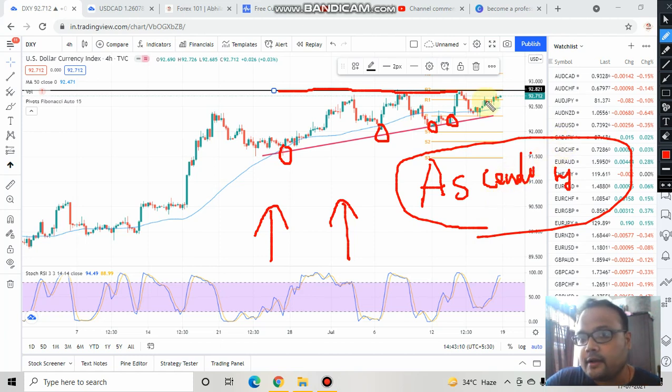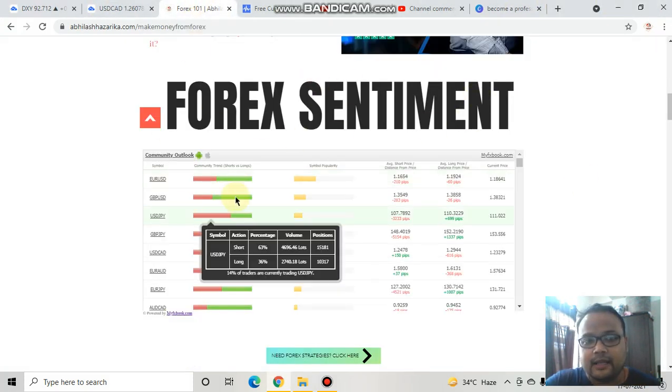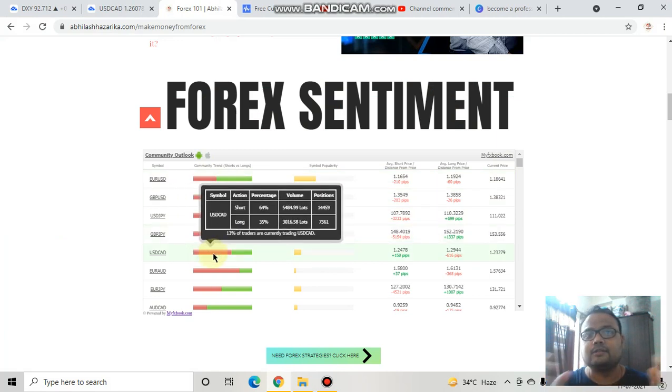And I would like to mention that the ascending triangle pattern is a bullish triangle pattern, and whenever we get an ascending triangle pattern, the market usually gives a breakout. Okay, and if you see a breakout scenario in the US dollar chart in the coming week or Monday, then definitely you will see some heavy buying in the USD CAD chart as well. Therefore, the only thing that I want to say is do not short the market in this uptrend. Otherwise you will also end up losing money like these retail traders, because 64% of traders have shorted the market and they are in loss right now.